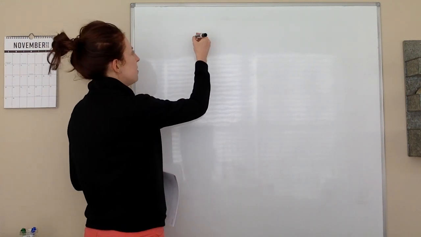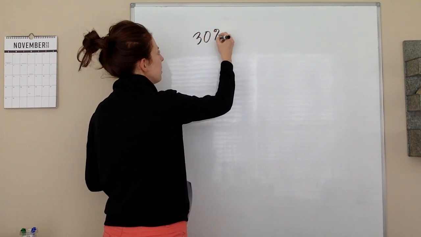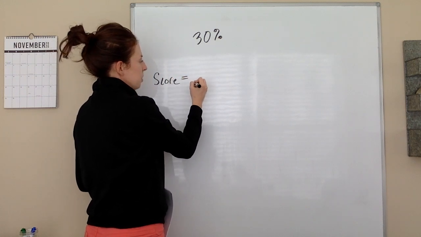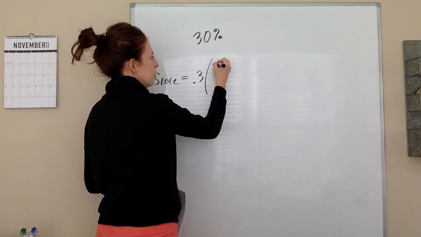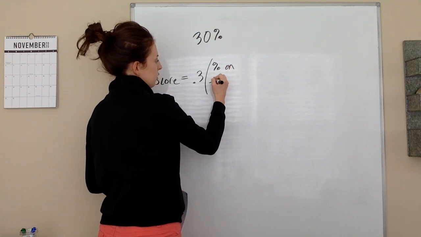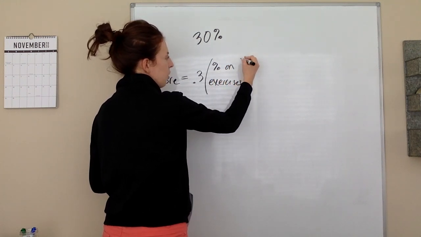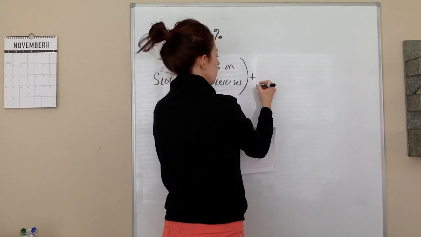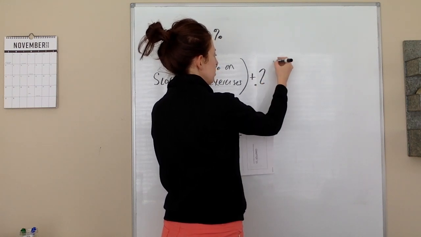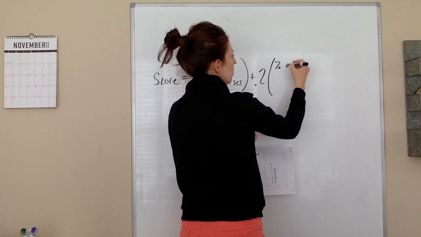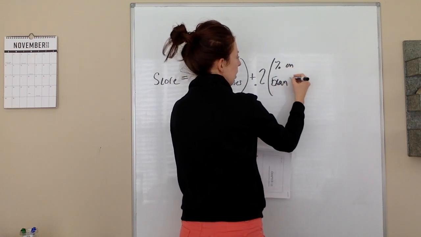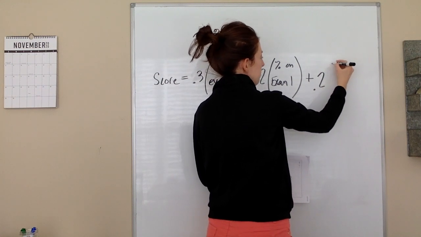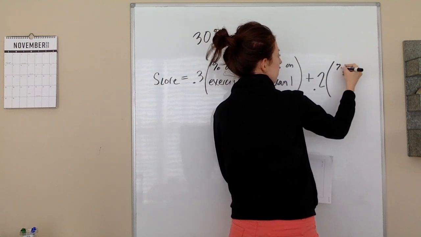So the class has 30% of the score going towards exercises. What that means is your score is going to be 0.3 times your percent on exercises. So if you have all of your exercises in, this would be a 100% you put in here. 20% of your class score is exam 1, so you would take 0.2 times your percent on exam 1. 20% of your score in the class is based on exam 2, so you'll take 0.2 times your percent